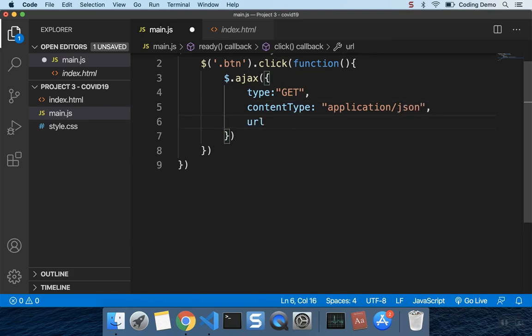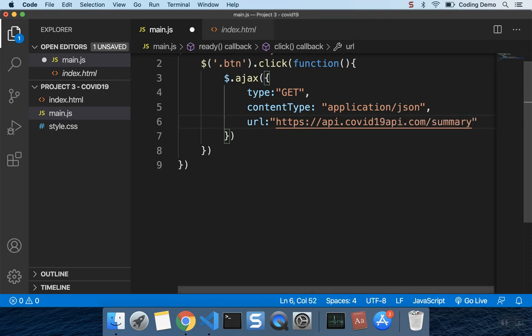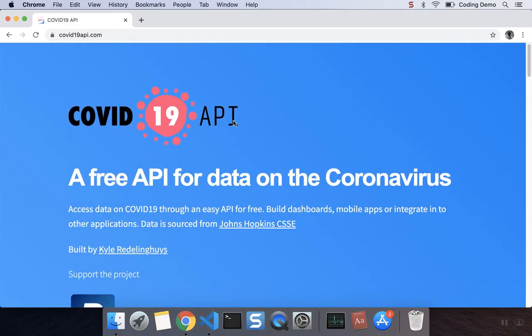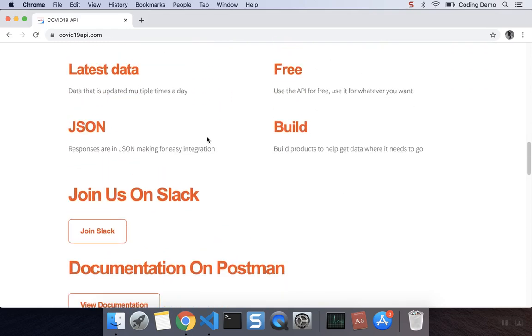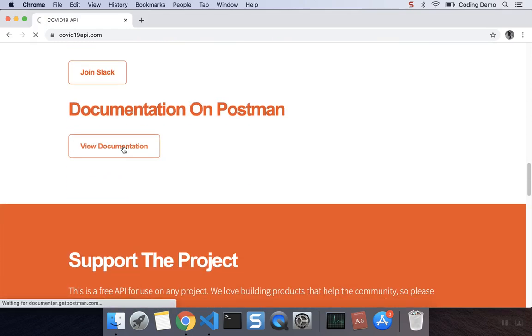and the URL. The URL is provided to you in the PowerPoint slides, but I'll just type it in here, api.covid19api.com, and I need all the records, so I'm going to just use summary. All of the details are actually provided on their website, if you were to go to their website and read the documentation,